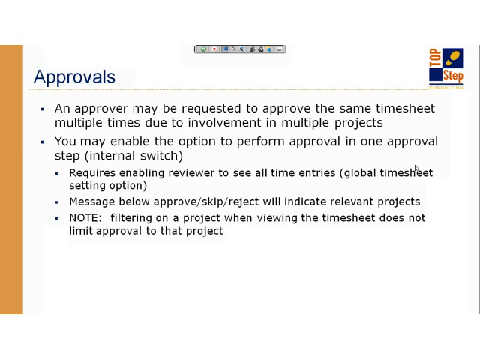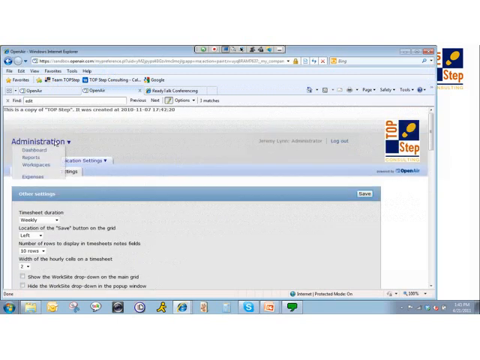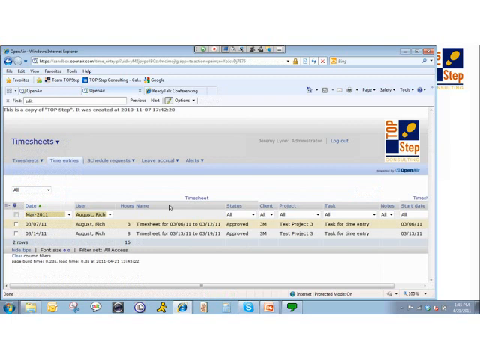Now I do have to point out, however, that if you do have the filtering when you hit approve, you are still approving it for everything on the timesheet. And when I talk about filtering, what I mean is if I go to this timesheet,